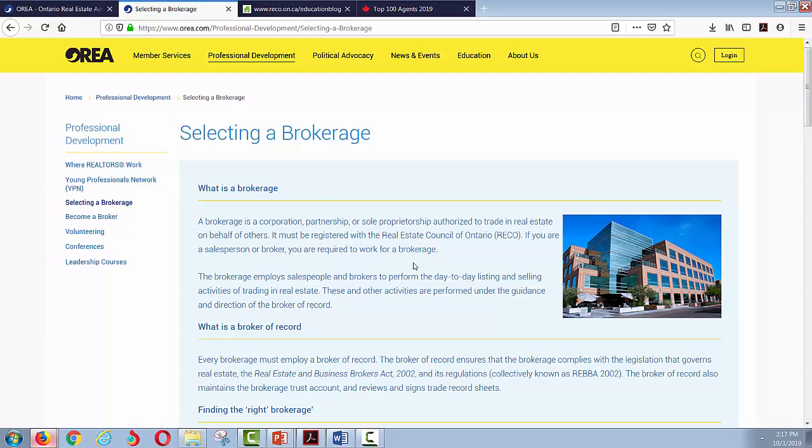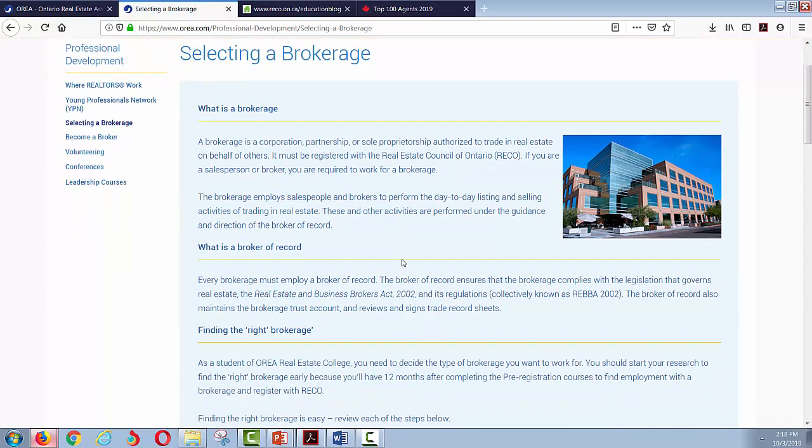You can start your own trust account, but not a real estate brokerage trust account unless you have a brokerage license, you've taken the course to be a broker of record, and you've started your own brokerage. So you have to have a physical office. You have to have a certain amount of money. There's all these weird requirements. I'm not going to get into those specifically in this class. We will definitely get into the requirements of what it takes to become a salesperson. But once you become one, you have to work for a brokerage. So you have to go out and pick a brokerage. And that's one of those important things that you need to do when you're becoming a realtor.